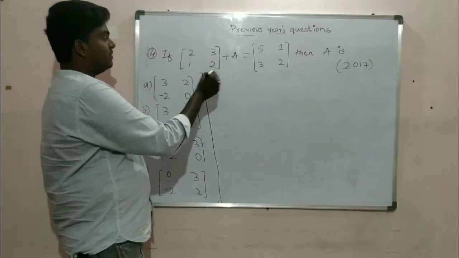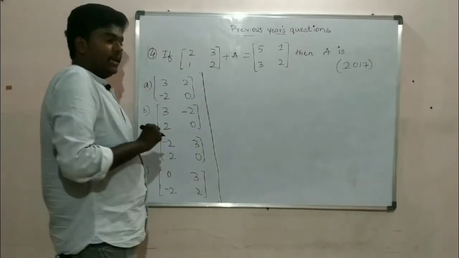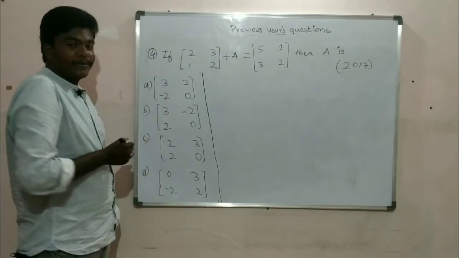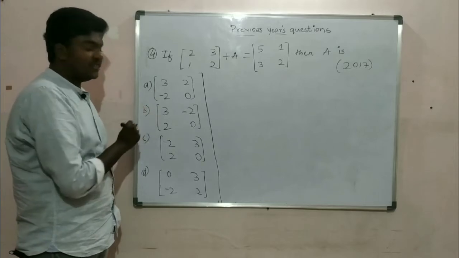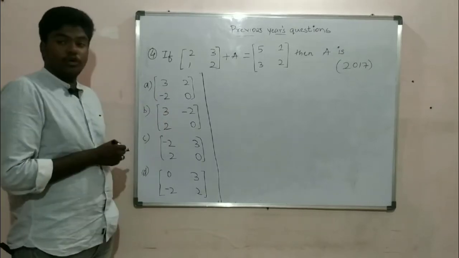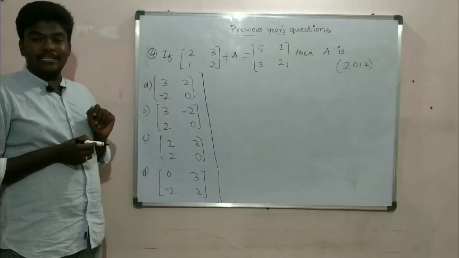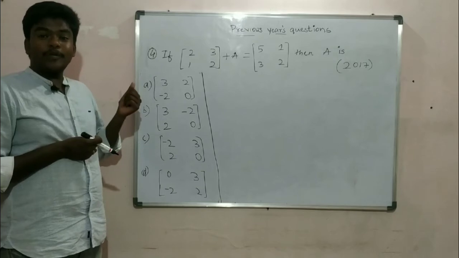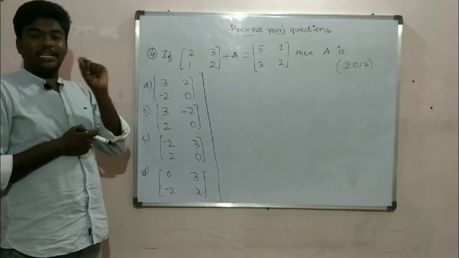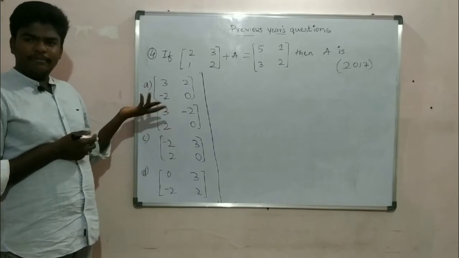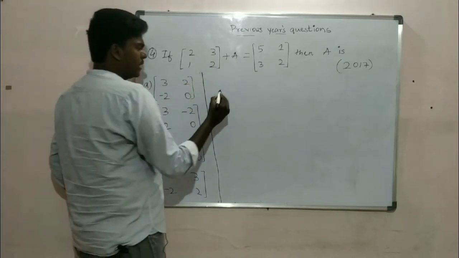See, this is given. We want A. Another important thing is we have to observe the options. The options given are in matrices, so we need the answer in matrix form itself. In the previous problem, we were finding x, and the options were given as single-digit numbers. But here we have to find it as a matrix. Very simple. I want A.